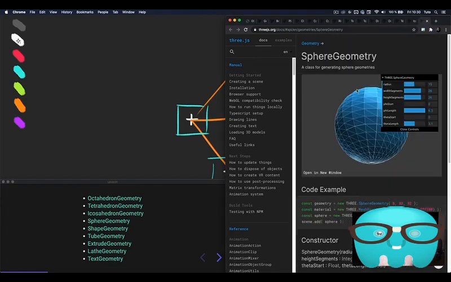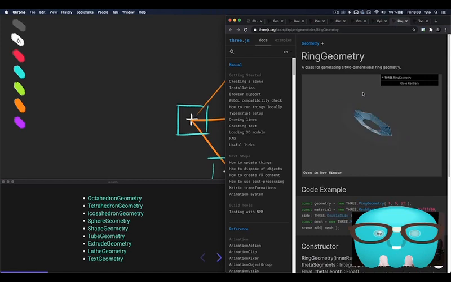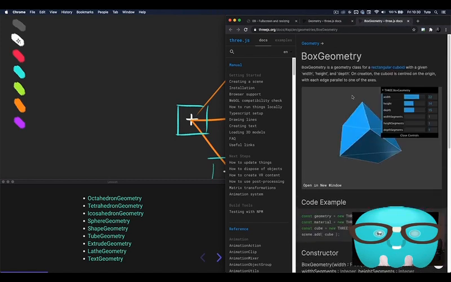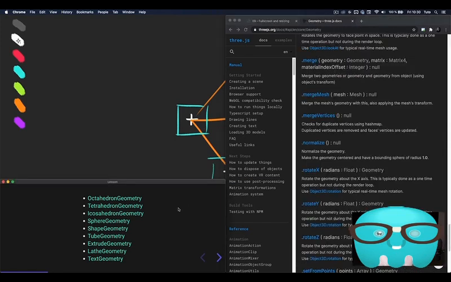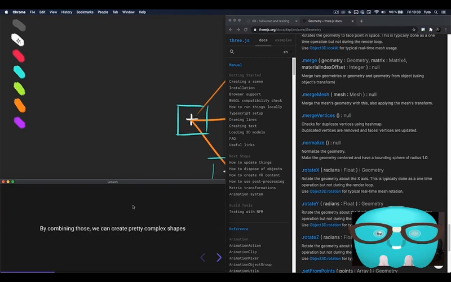Just keep in mind that they exist. Maybe we will use them, maybe not. Maybe you can create them on your own. It's up to you. By combining those geometries, we can create pretty complex shapes, meaning that if you want to